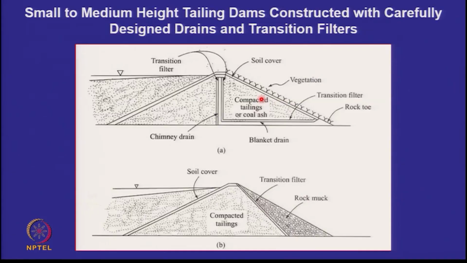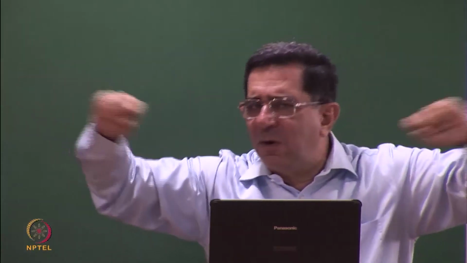So then the thickness of the cover is an item of debate. One would like the cover to be as thin as possible. How thin should your cover be? Let me say I am putting a cover at the top of ash. What is the thinnest cover that I can lay? I am putting a cover of local soil. How thin? Some idea? How thin can I lay? 1 millimeter? No. What about 10 millimeters?